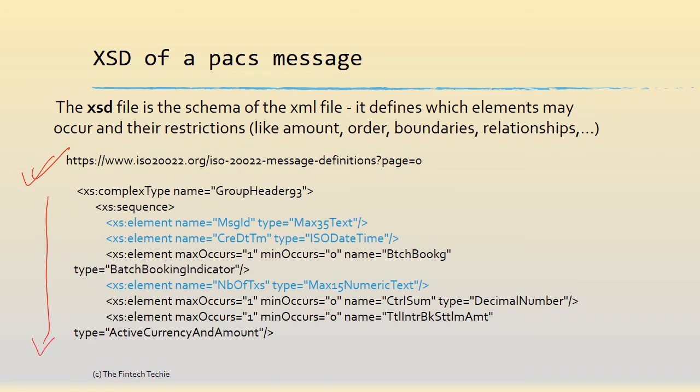Now if you look at here, minOccurs 0, for example, it means that it is an optional field. The same goes for here. Now if you look at the ones which are shaded in blue, it doesn't have the minOccurs word, which means it is mandatory. So just keep in mind these three fields we are going to see later when we actually construct a mandatory PACS message. So an XSD is very important for us to understand how the structure of an XML looks like.